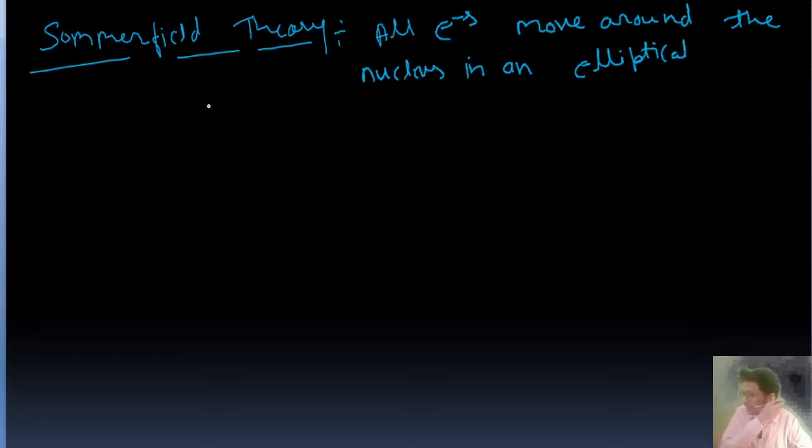In Bohr's theory, we have seen that electron moves in a circular orbit, right? But according to Sommerfeld, all electrons move around the nucleus in an elliptical orbit, okay, and circular orbit